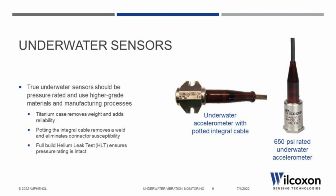The sensor will likely use an integral cable design that is potted, or encapsulated by a gelatinous material, eliminating the potential for water or other liquids to find their way inside the sensor and disrupt the circuitry. A top-tier helium leak test will be performed to ensure no contaminants can enter the sensor body, and pressure testing will be done to verify the build. These underwater sensors are understandably priced higher than the two solutions previously discussed, general purpose and integral cable sensors, but when critical machinery or high pressures are involved, the price tag is worth the clear